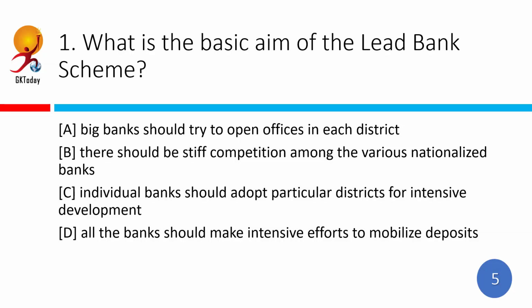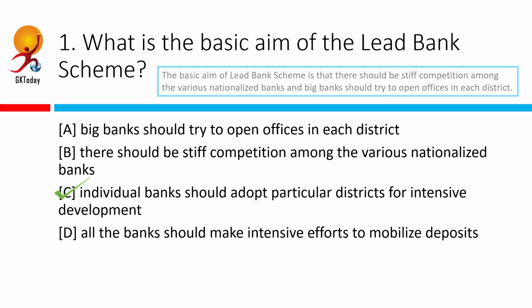What is the basic aim of the Lead Bank Scheme? Correct answer is individual banks should adopt particular districts for intensive development. So there were a few objectives of the Lead Bank Scheme. The basic aim was there should be stiff competition among the various nationalized banks and big banks should try to open offices in each district. Outside of that, the main objectives were eradication of unemployment and underemployment, appreciable rise in the standard of living for the poorest of the poor, and provision of some of the basic needs of the people who belong to poor